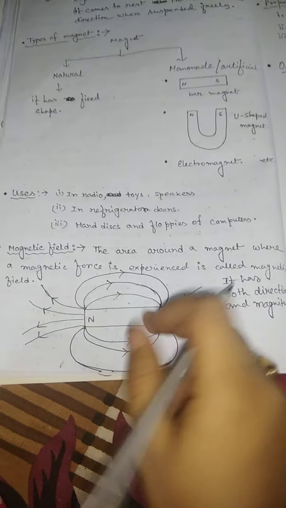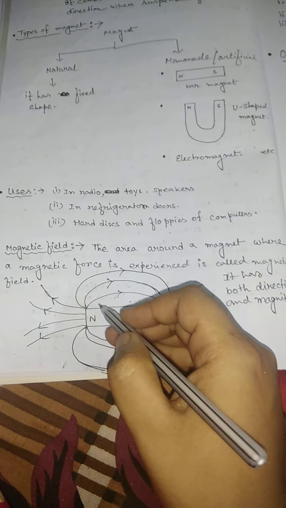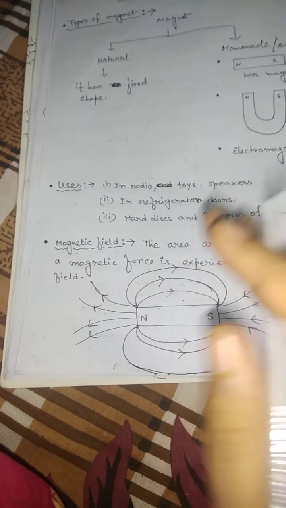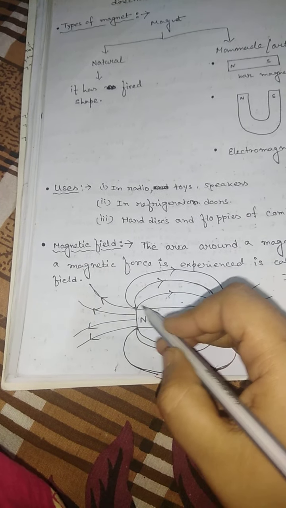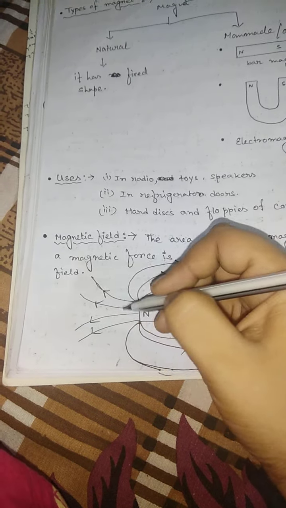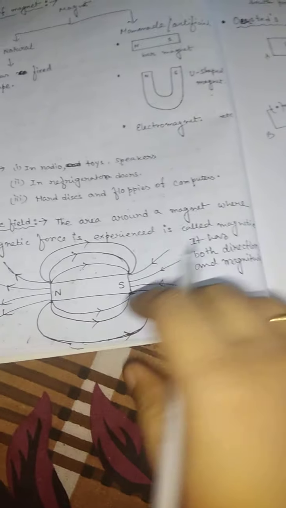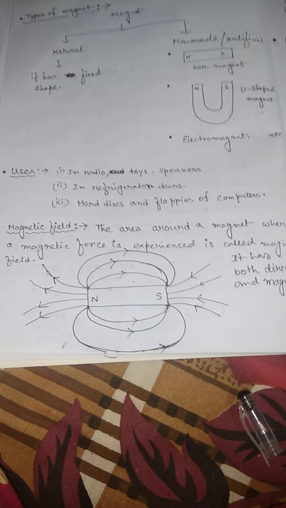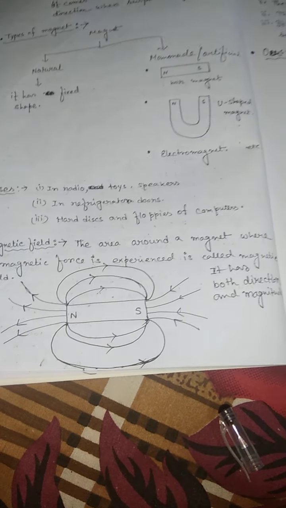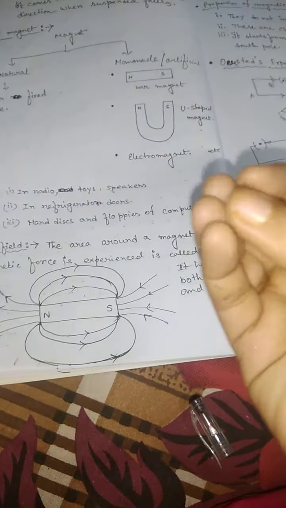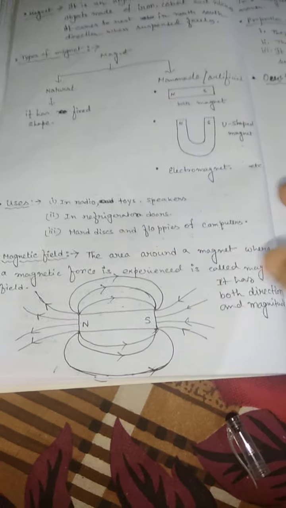This is a bar magnet, and suppose you have only a north pole, which is not actually possible, but consider it. Due to the north pole, the magnetic field lines always point in an outward direction, and for a south pole only, always in an inward direction. It is similar to a positive charge and a negative charge. With only a positive charge, the electric field lines go outward, and for a negative charge, inward.